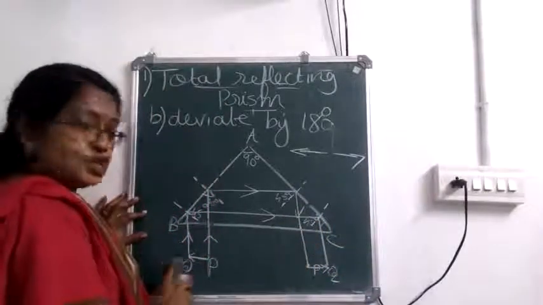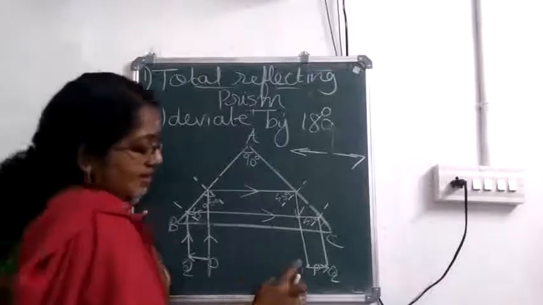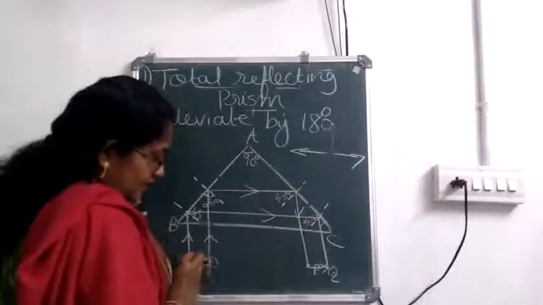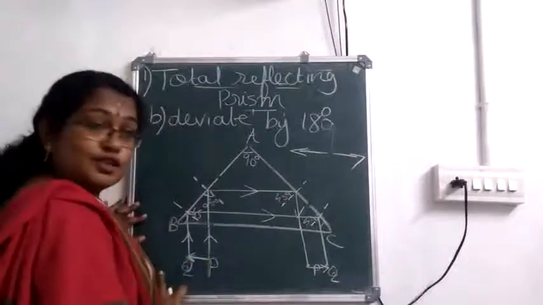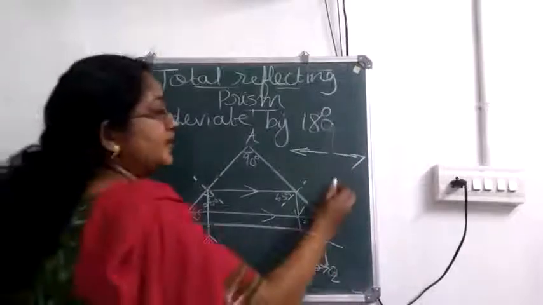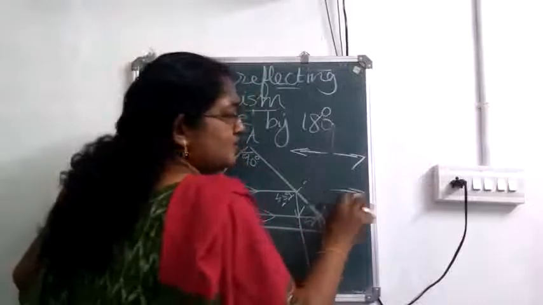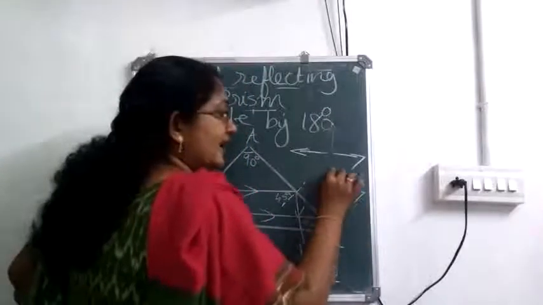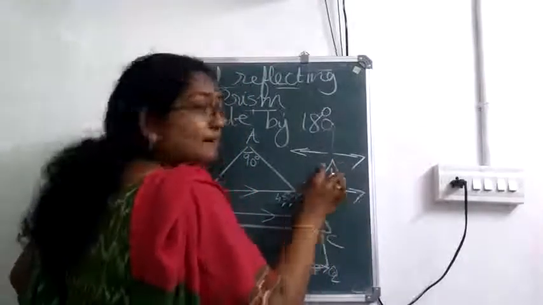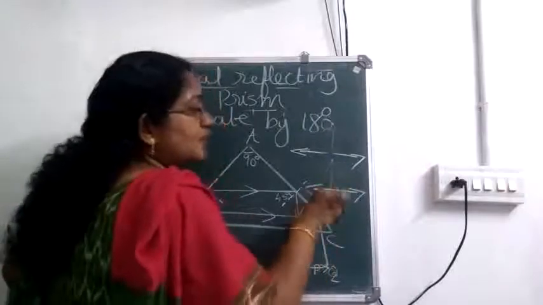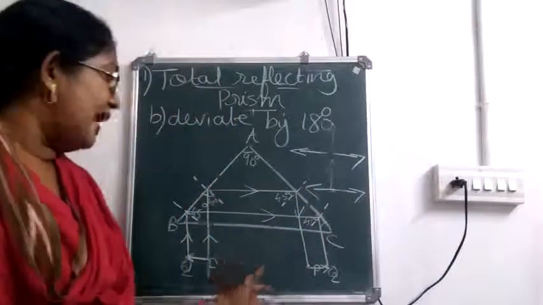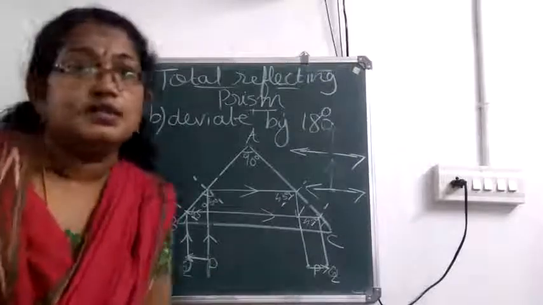ഇങ്ങനെ കിടന്ന light ray ഇവിടെ നിന്നും ഇങ്ങോട്ടിരുന്ന light ray or the object. This is not the light ray, this is the object. ഇവിടെ നിന്ന് ഇങ്ങോട്ടുണ്ടായിരുന്ന object ഇവിടെ നിന്ന് അങ്ങോട്ടായി. So that is rotation by 180 degree. So this is one direction. 90 degree rotation means ഇങ്ങനെ വരും. 180 ആണെങ്കിൽ ഒന്ന് അങ്ങോട്ടും ഒന്ന് ഇങ്ങോട്ടും വരയ്ക്കും. So here we have turned it by 180 degree.